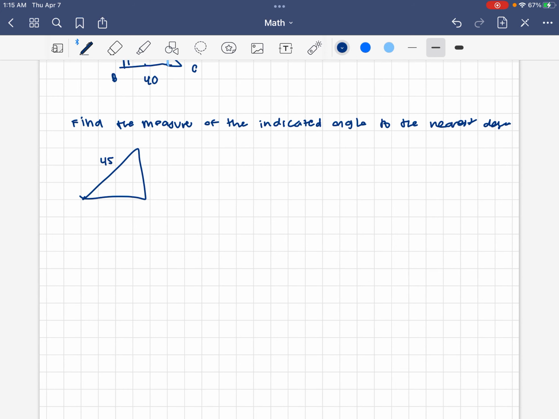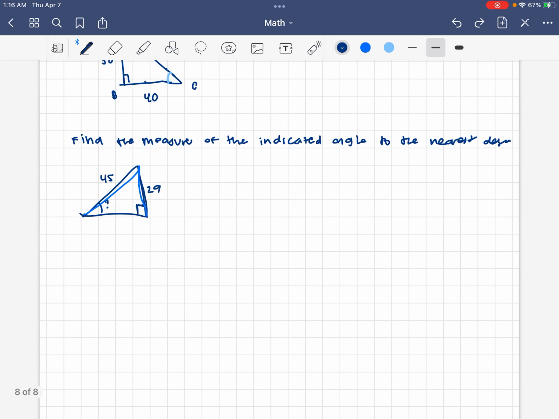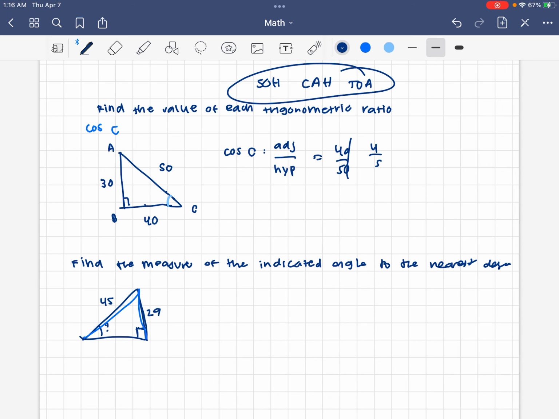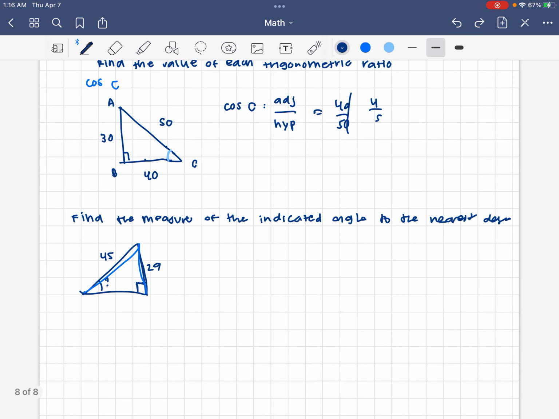So we're gonna use what they gave us. They gave us this length and this length. According to this angle, they gave us the opposite and the hypotenuse. So which ratio has to do with the hypotenuse and the opposite? Cosine, right? Oh no, opposite over hypotenuse, sine. So we're gonna do sine theta equals, and this angle is theta,